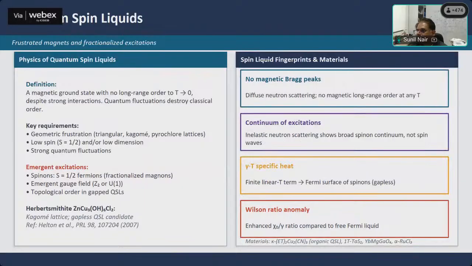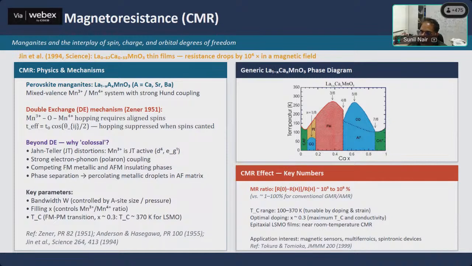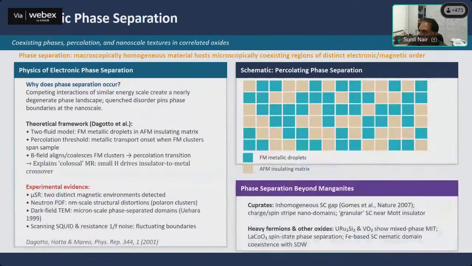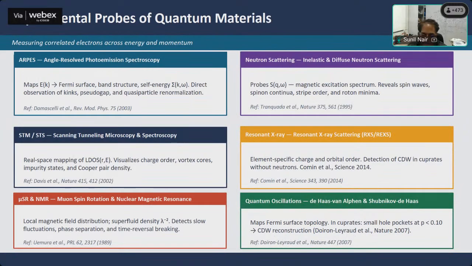Quantum spin liquids also were theory driven. Theory came first, experiment came later. Colossal magnetoresistance was experiment driven. The first report of CMR by the Japanese groups came first, and the relevant theory associated with it came later. So in that sense, there is no fixed rule. As you can see, I'm going back and forth.